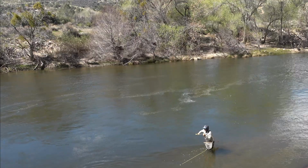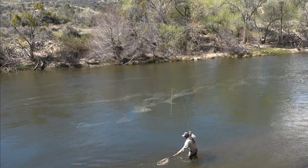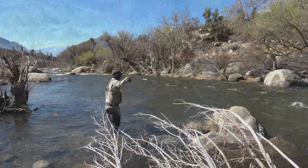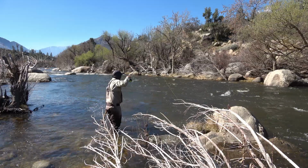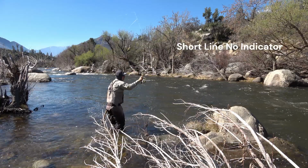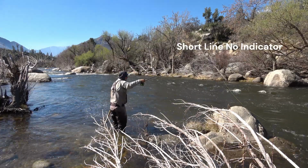Super fun time. Great time to be out on the river. And what's crazy is the river just comes alive this time of year. March, every year, just comes alive. Techniques that you can do: shortline nymphing, real short line, have a couple of heavily weighted nymphs on there, cast